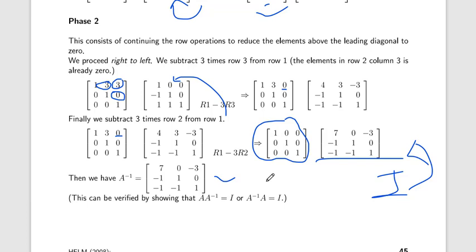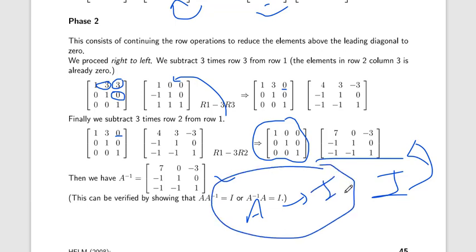This is the same as Gauss-Jordan elimination. In Gaussian elimination you transform matrix A into identity matrix, but there is one extra step in finding the inverse of a matrix, which is to apply the same operations to the identity matrix also, and then this will become our answer, the inverse of the matrix. This is the same as Gauss-Jordan elimination. Okay, inverse.